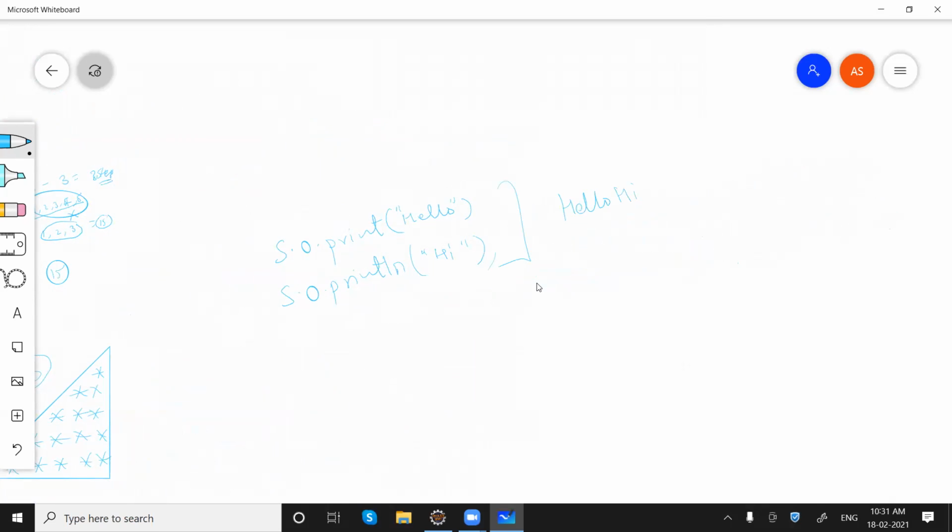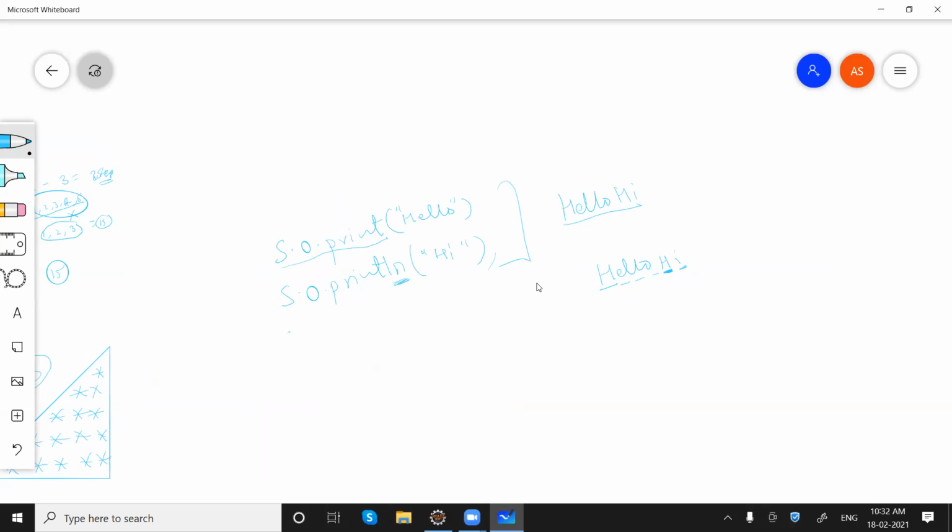because when we say print, it will just print. So the cursor is initially here, and after printing this hello, the cursor will be here. Like when we type something in notepad or any code editor, you can see the cursor blinking, right? So the cursor is at this point, and when we say print hi, it will print hi. The cursor is right now here. When it finds ln, that means we need to change the line.